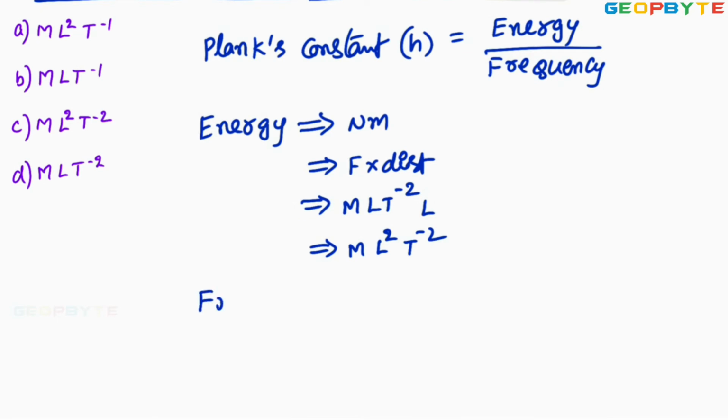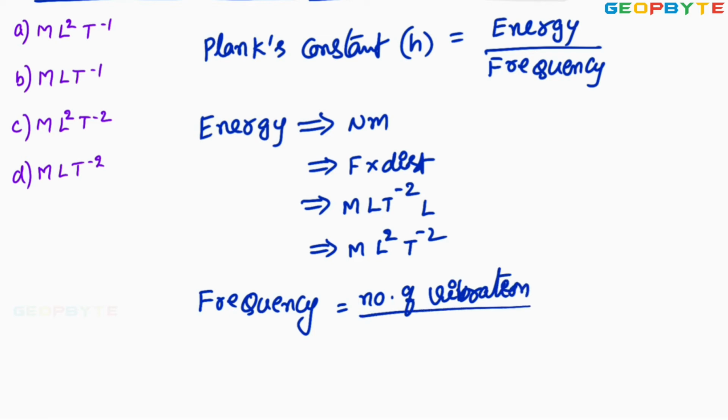Come to the frequency. Here frequency equal to number of vibrations for the given time. Number of vibrations divided by time. Vibrations has no unit, so indirectly it is 1 by T. It is equal to T inverse. Therefore,